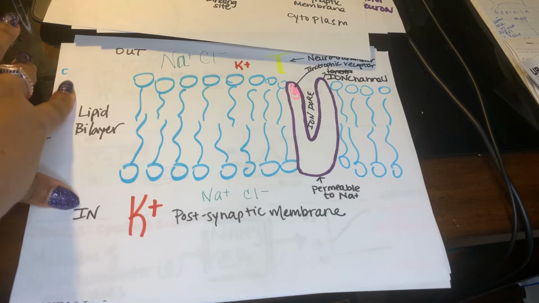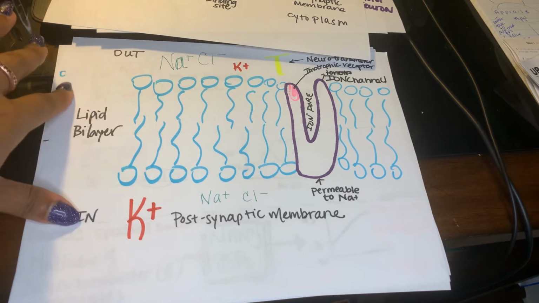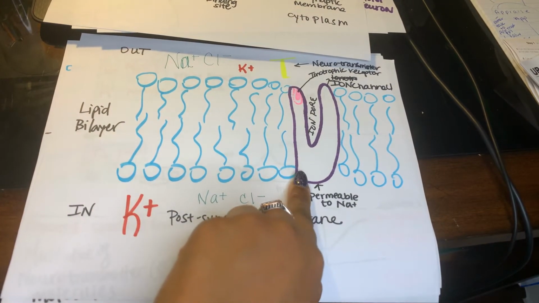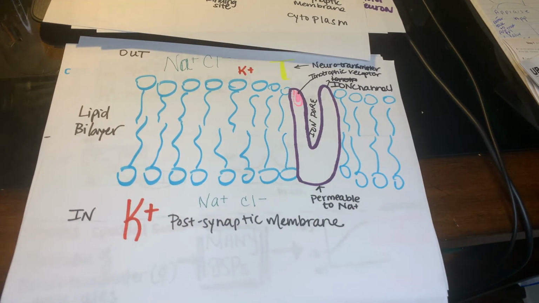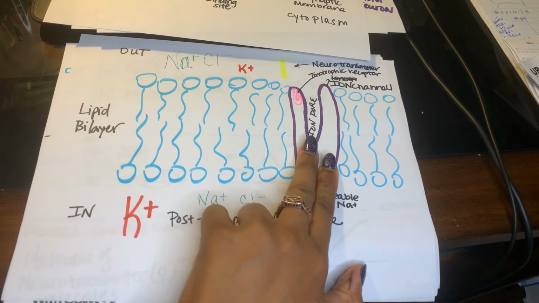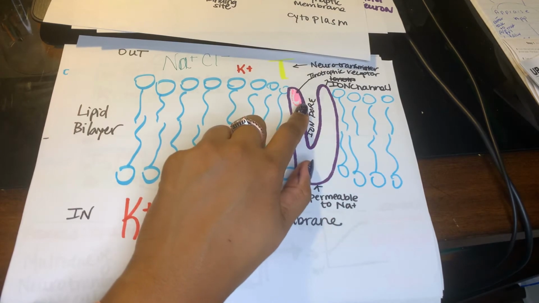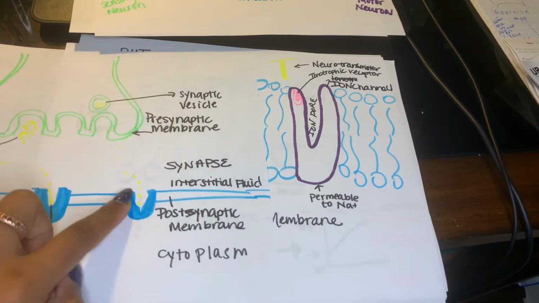Most of the time, between these two, the lipid bilayer has receptors that span the lipid bilayer. Most of the time, the receptor is actually closed because there's no transmitter that is bound to it. But when the neurotransmitter, also seen here,